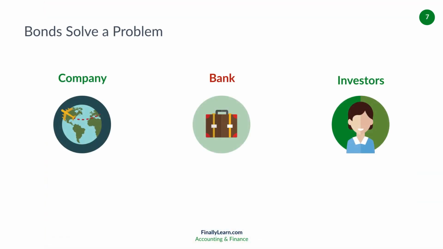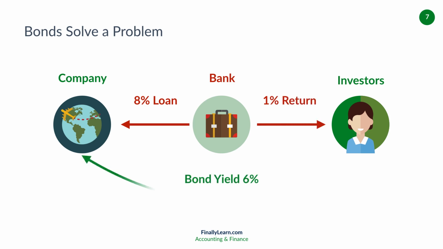Now, bonds solve a problem, and you need to know what this problem is. If a company wants to borrow money, they go to a bank and the bank says, sure, we'll loan you the money. Here's an 8% loan. If the investor goes to the bank, the bank is only going to give them a 1% rate of return. So what the bond does is the company can issue the bond, and an investor can buy it directly,